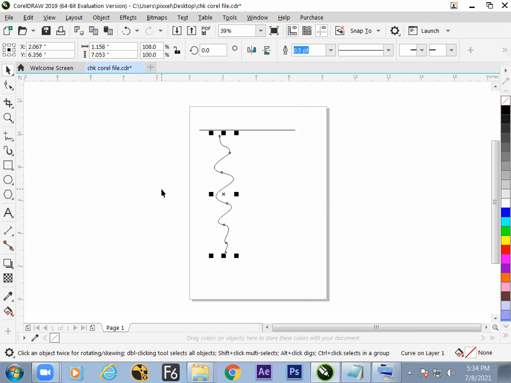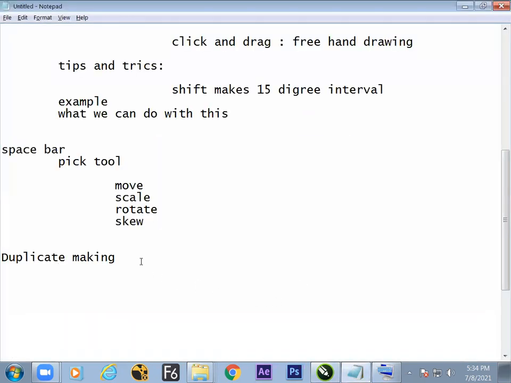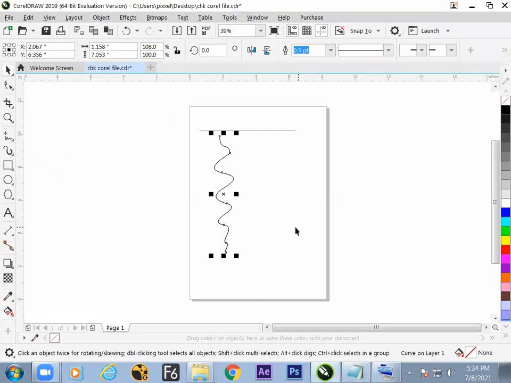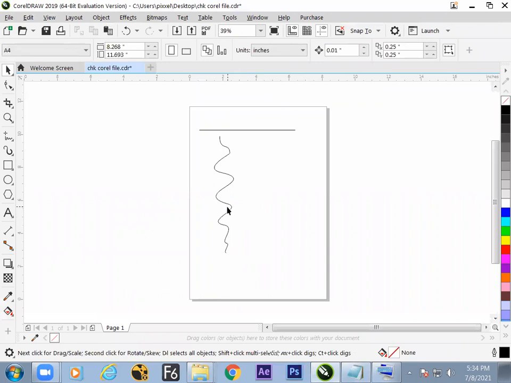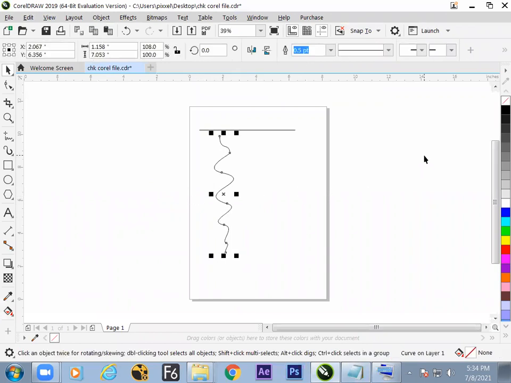The plus button on your num keypad. Note down. A few of the things are not there in the software icon-wise. This is tips and tricks. So note it. While you are working with this pick tool, hit the plus button on the num keypad to make a duplicate. You can see what a fast operation it is to duplicate. Once again, select with the pick tool, hit the plus button on your num keypad.